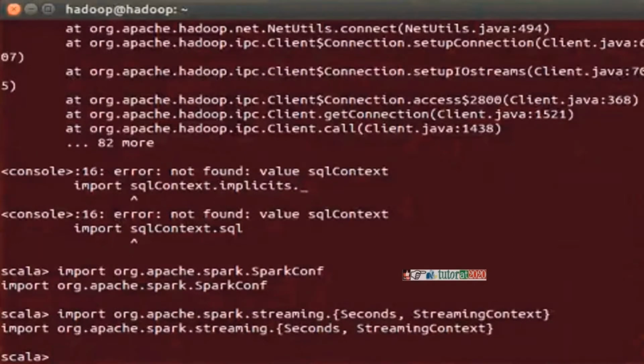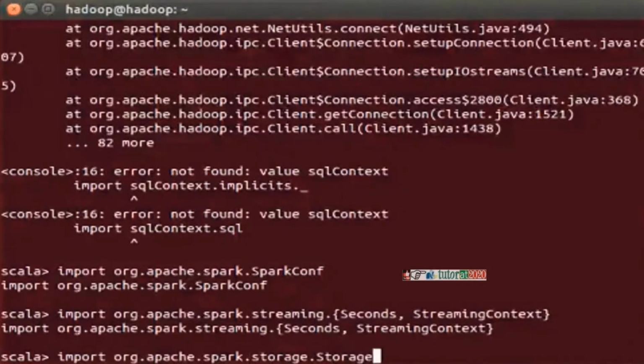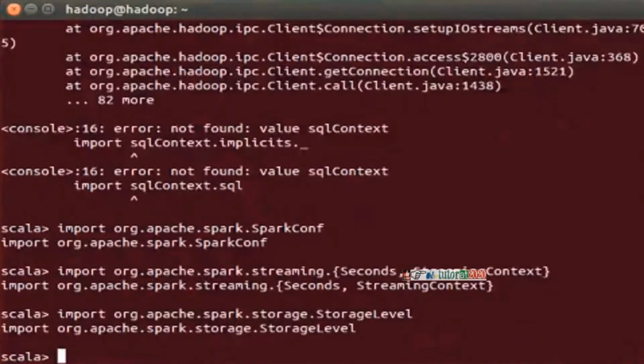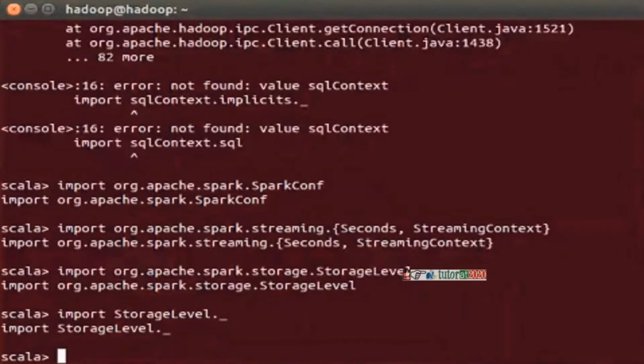Okay, and let's also import one more library called storage level. So I'll say import org.apache.spark.storage.StorageLevel, and let's import everything under StorageLevel, so I'll say import StorageLevel._